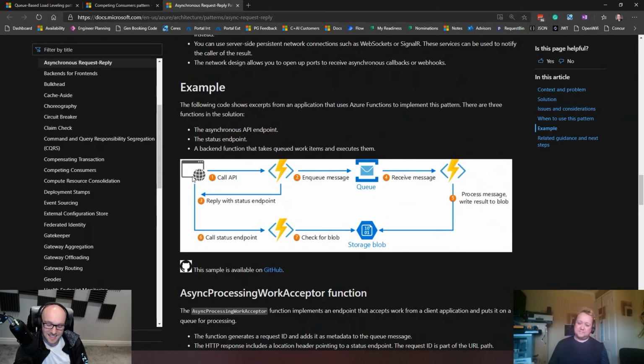So, we've talked there about three different patterns. We've talked about queue-based load leveling, we've talked about competing consumers, and we've talked about asynchronous request response. So lots and lots of detail in there, detail around the scenarios where they typically work, scenarios where they may not be such a good fit, and some of the key considerations as well.